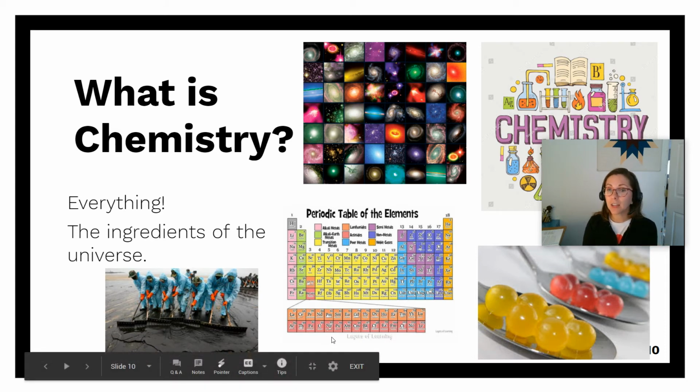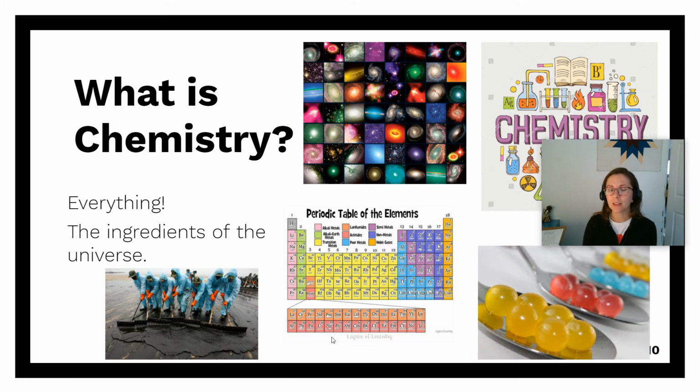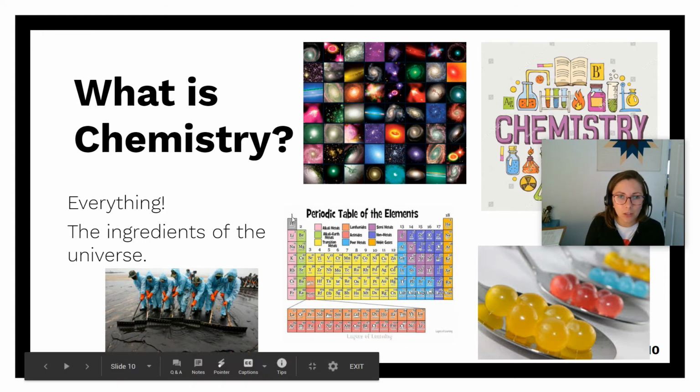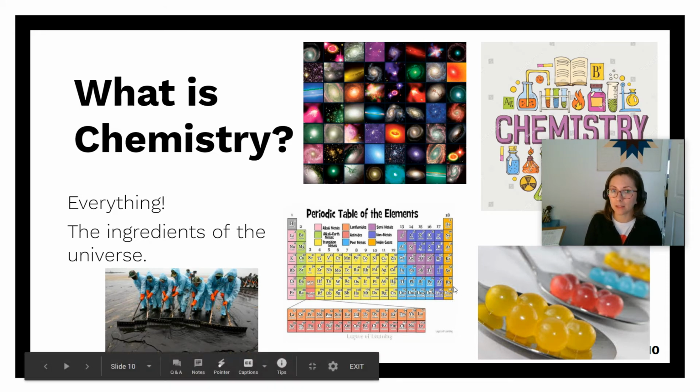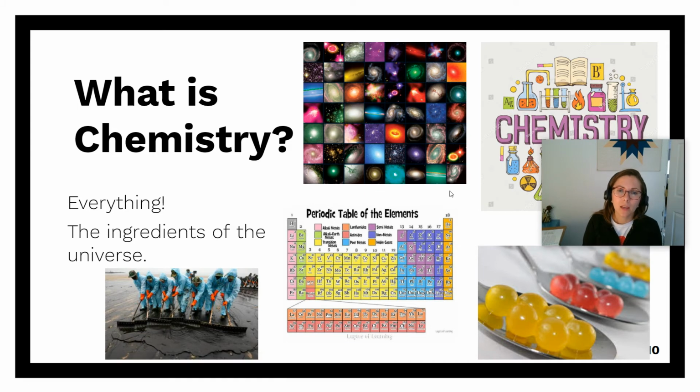There's about 118 or more elements that make up the entire universe. So first, the smallest one is hydrogen up here. It's very flammable. And then down here we have one that I can't even see on this little screen, but we'll never talk about because it's very, very rare. And a lot of these down here are man-made.